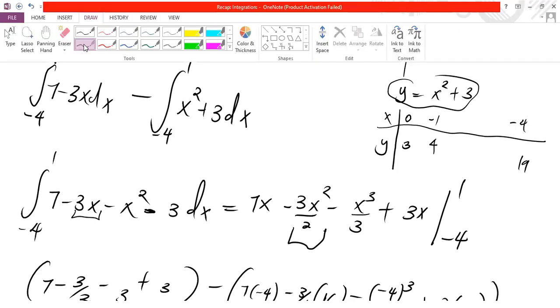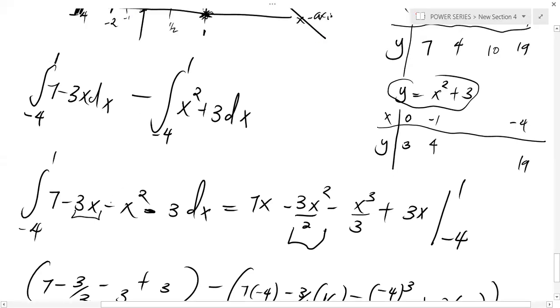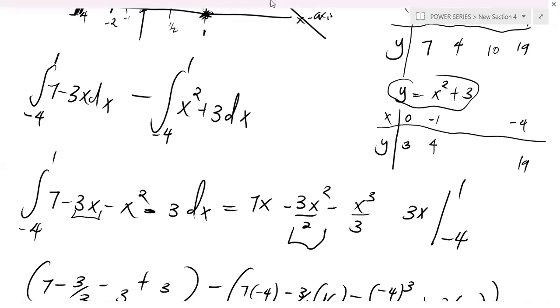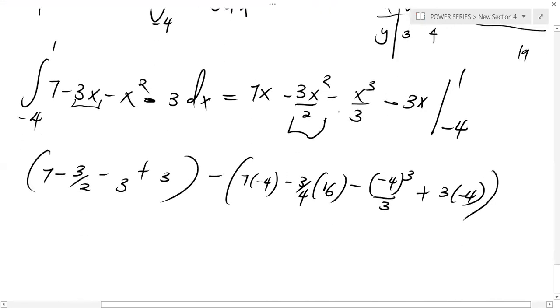There's a correction here. If you open this bracket, this is minus, this is minus, so this will also be minus, and this will also be minus. Take note of that. Let me trace it back to evaluating. This will be minus, not plus. This will be minus, and then this will also be minus. Our answer,